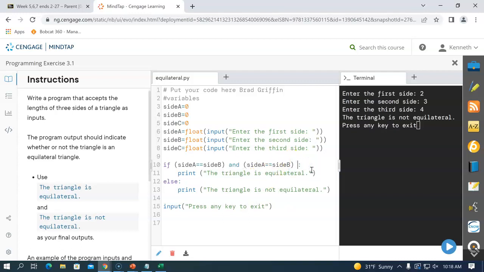So let's see if this works. Sometimes the only way to figure this out is to do some experimenting. So enter the first side: 2, 2, 2. The triangle is equilateral. All right, I want to do some testing though, because I'm not so sure the program actually works as I think. So the first side, A and B,